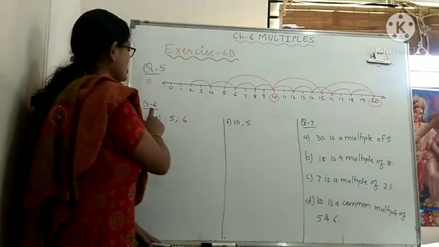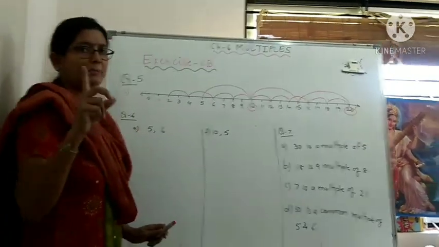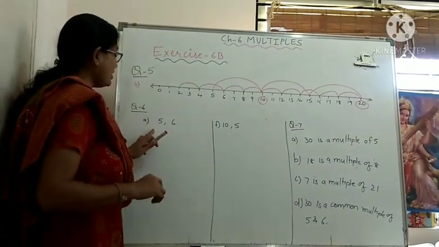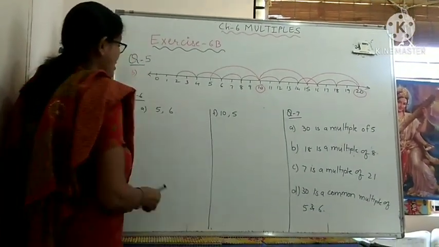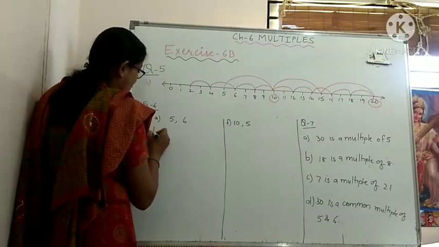Okay, let us start with question number 6. Question number 6 is: find the first 2 common multiples of. Here, part A is 5 and 6. First we have to write multiples of